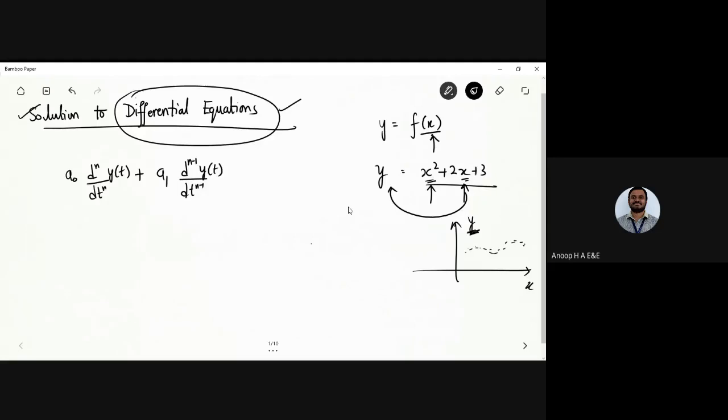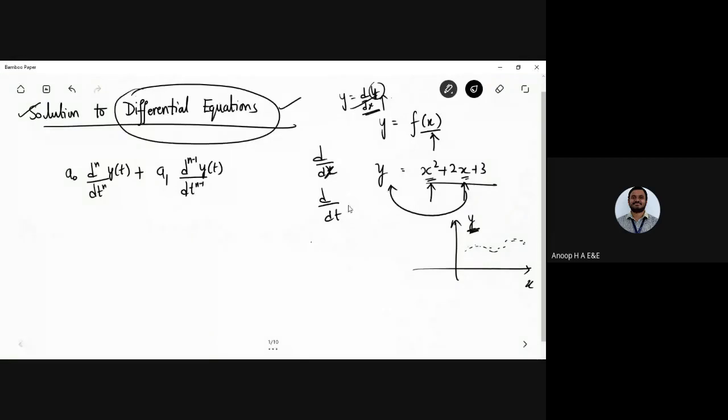So you have a function y, and dy by dx. Certainly you have an output, which is generally the differentiability of the signal being present there. That is how you can get the output of the system. Once you differentiate it, you will have d by dx or d by dt. Those are the terms present for the differentiation operation being applied. So a simple solution for a differential equation is to be found out.